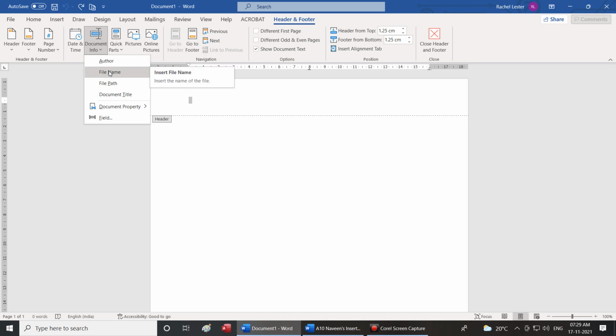B, file name. Inserts the name of the file.